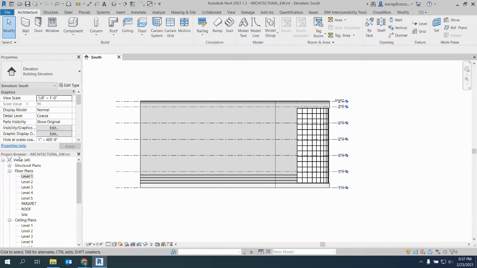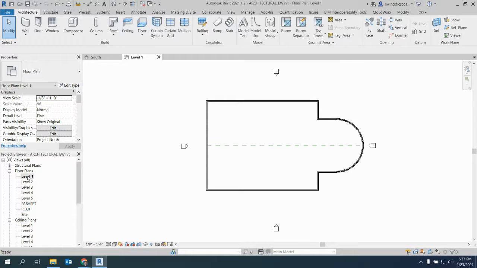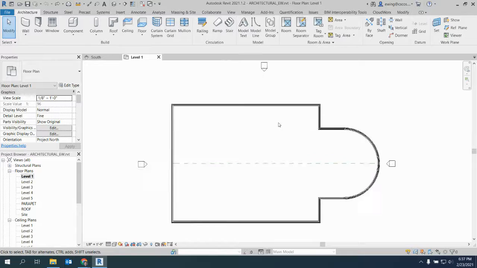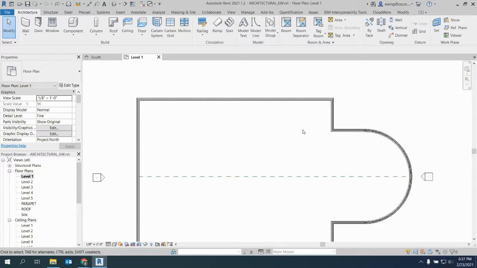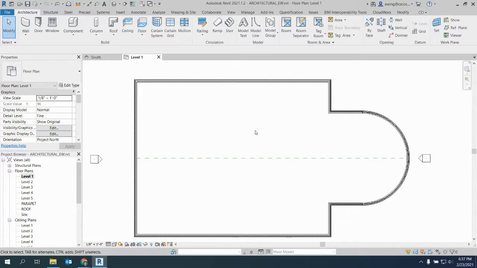So in the project browser, under floor plans, let's go down to level 1. Just double click on that. Now, what I'd like to do is I want to draw a long demising wall along here, right? There we're going to have 5 different vertical partitions here, okay? So to do that, on the architecture tab, the wall button,